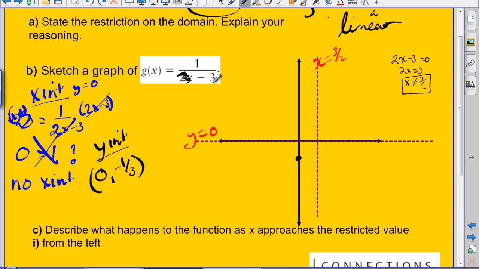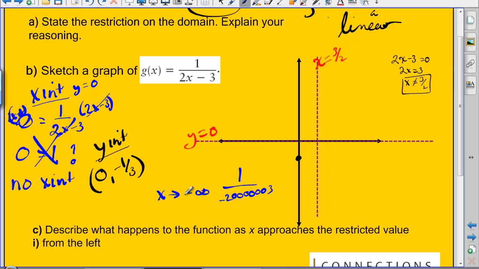And now what I can do is use that approach that we used in the last question, where we looked at what happens as x approaches, let's go with negative infinity. So looking back at this reciprocal now, if I take a value really, really big, like a billion, then I basically have 2 billion subtract 3, but I said let's make this approaching negative, so it'll be negative 2 billion. So really what I'd have here is a very, very large number